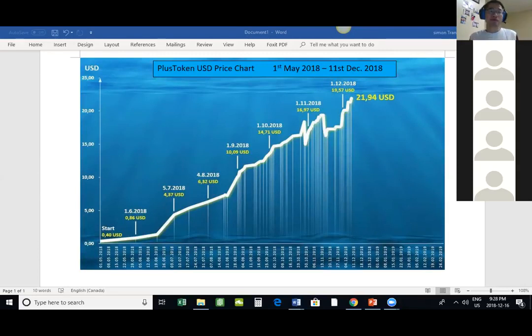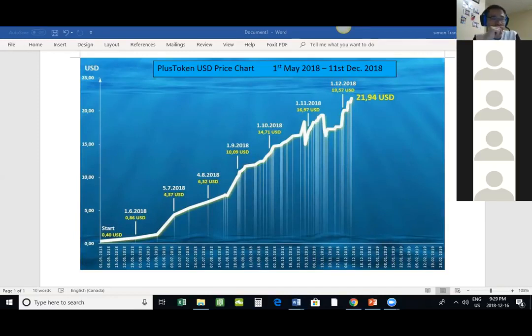But sometimes people don't sell. Especially tomorrow, I don't expect Plustoken will go down more because it already went down 2 times. So now it's lower than $20. People will hold on to Plustoken and wait for the price to go up again. And you will watch, within the next couple of days, for sure, Plustoken will go over $20 again. I'm almost 100% sure. The next 2 to 3 days, for sure, Plustoken will go back up because most likely people